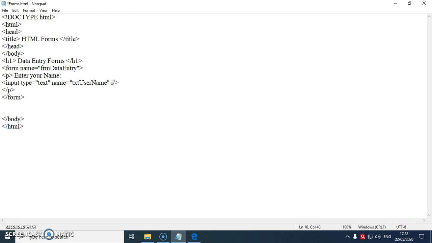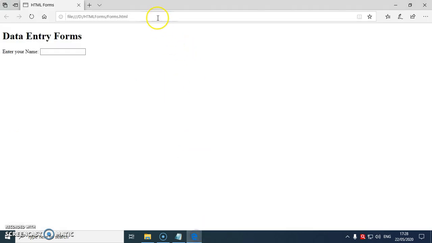The next attribute is ID. What is ID? ID means identification. Again, ID is a unique identification, and in any control, the name and the ID should be the same. So I'll copy this and I'll paste it here. I hope you are understanding. I'll save and refresh again. You will see no difference. Okay.